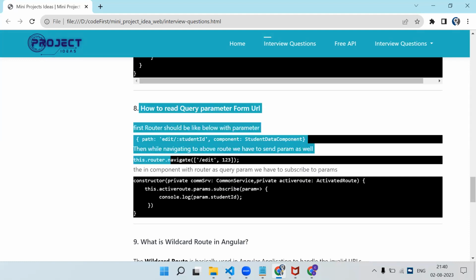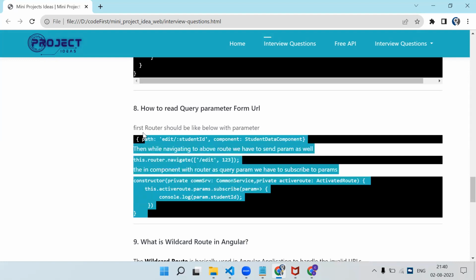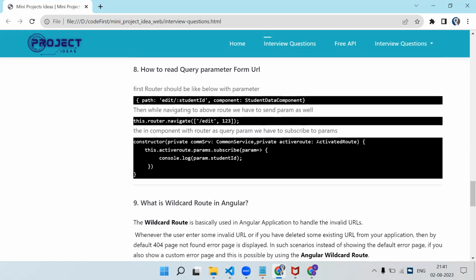This is also a very tricky question because this is most commonly used in interview scenarios. When you are working on a project also, this is going to be so much helpful. So if you have done that, you will be able to answer it. If not, just try to remember this code: how you can create a route with a parameter, how do we navigate, and how do we read the parameter, right? So using ActivatedRoute params, and you can subscribe to them.